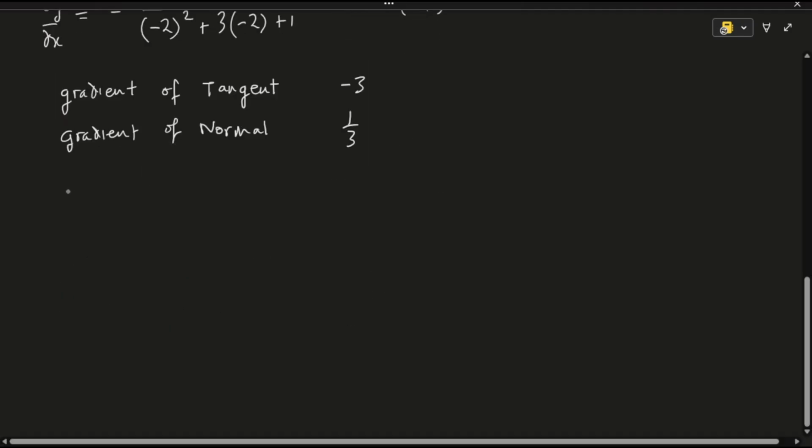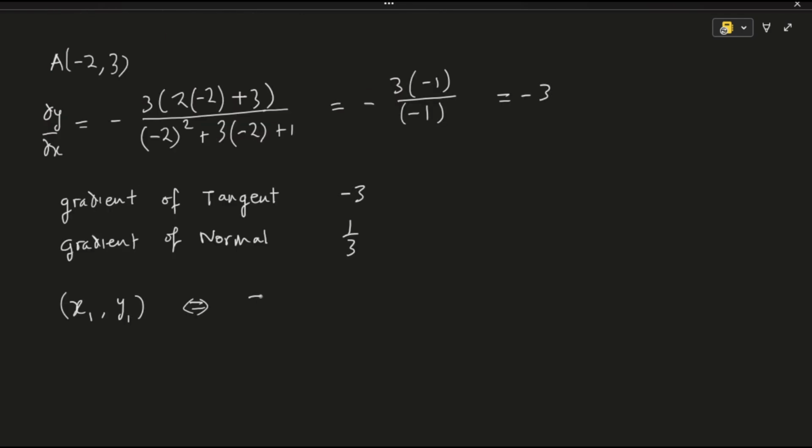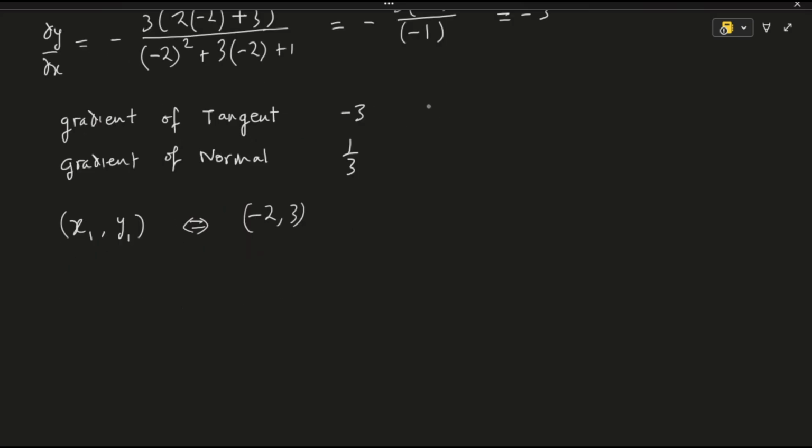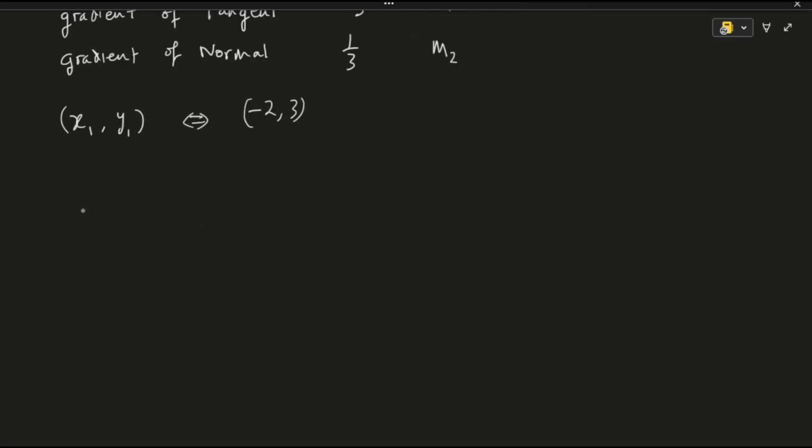So at our point of interest, x subscript 1 and y subscript 1, giving us -2 and 3, and when we consider the gradient of the tangent as m subscript 1 and the gradient of the normal as m subscript 2, the equation of the tangent will be given by